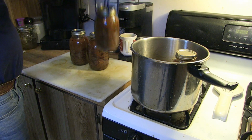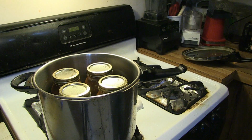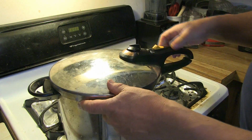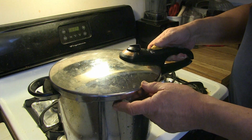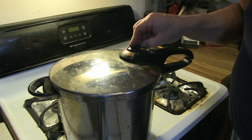So once you got your jars in there, you take your jars, you place them carefully down in there, and then you lock the lid in place just like we did when we cooked. We're going to now can. I'm going to put it on level 2 because this is meat, okay? We want to make sure it's a low acid food, that it gets to that 240 degrees Fahrenheit that kills all